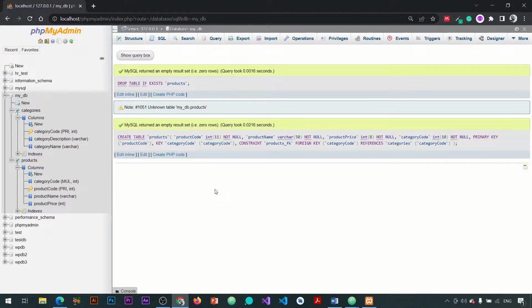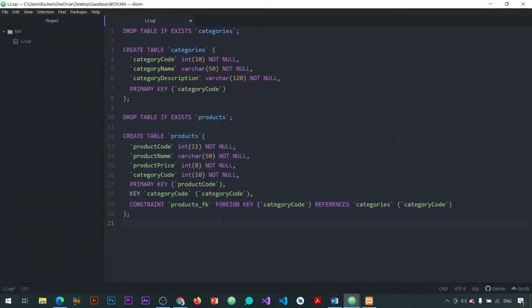But what happens in the event that we forgot some column and we actually want to add a new column? This happens quite often. So let's see how we can resolve this issue. So now I'm going to head back over to Atom, and I'm going to add a new column to my products table, one that currently does not exist. So here at the bottom, I'm simply going to write an alter statement. And if you remember correctly, an alter statement allows us to update or change our schema objects. So I'll simply say alter table. And the table that I'm targeting over here is going to be products. And then I'm going to use the add statement. I'll say add